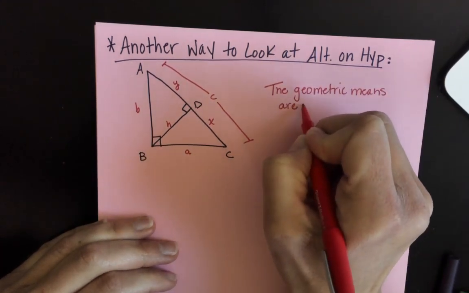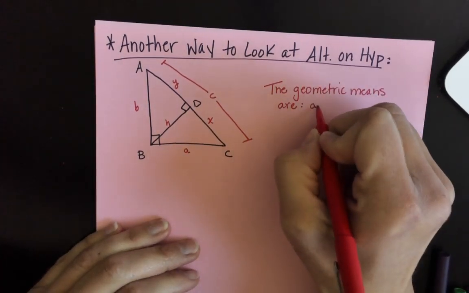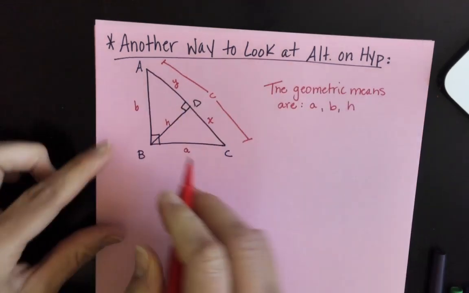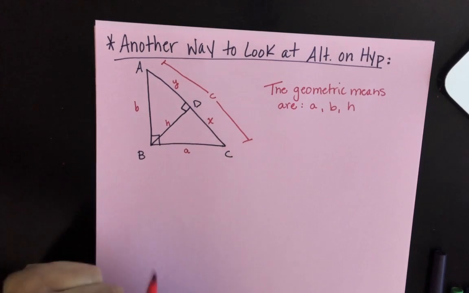Yep, that's pretty straightforward. A, B, and H, again, they all come out of the original right angle of our biggest right